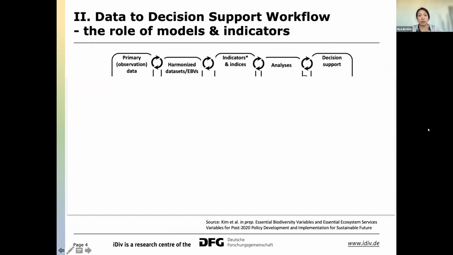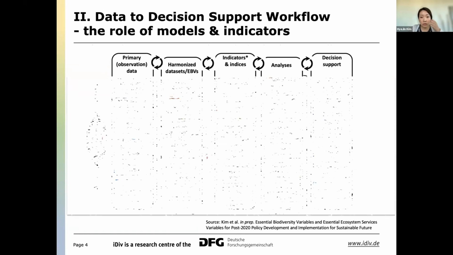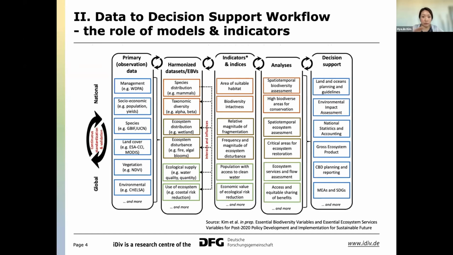And then I also had to look at the data to decision workflows, because sometimes the scientific products stay at the data set or variables level, or they do go as far as the indicators, but they're also not always used in the decision support tools to really inform conservation planning or development decisions. So this is just an example, using essential biodiversity and ecosystem services variables, but really optimizing the use of various heterogeneous but standardized